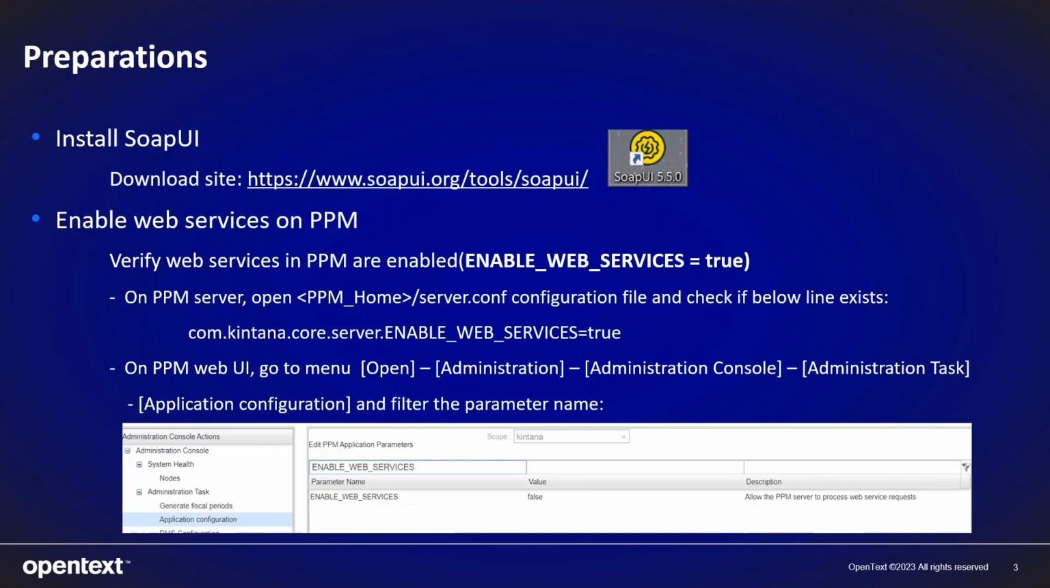Preparation. SoapUI can be downloaded from their official website. The link can be found in the slide for your quick reference. By default, web service is disabled on PPM server. So you need to enable the web services by setting